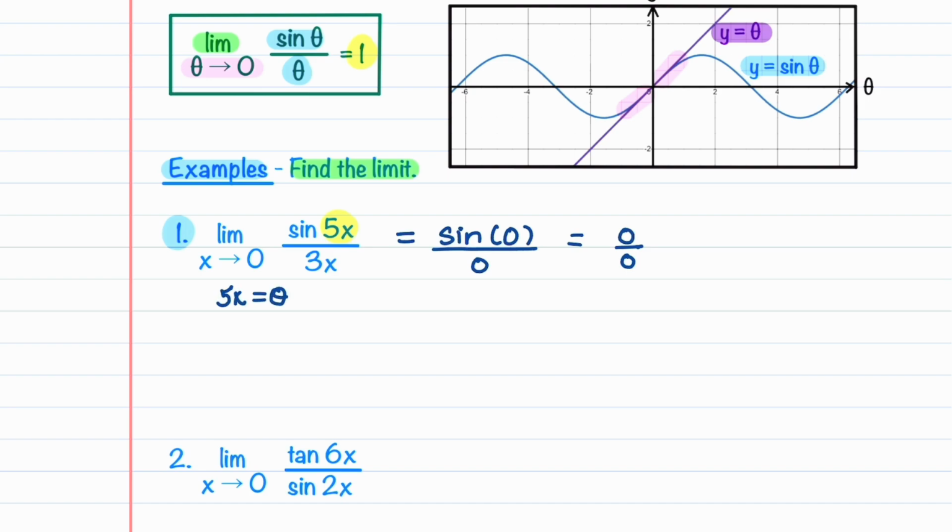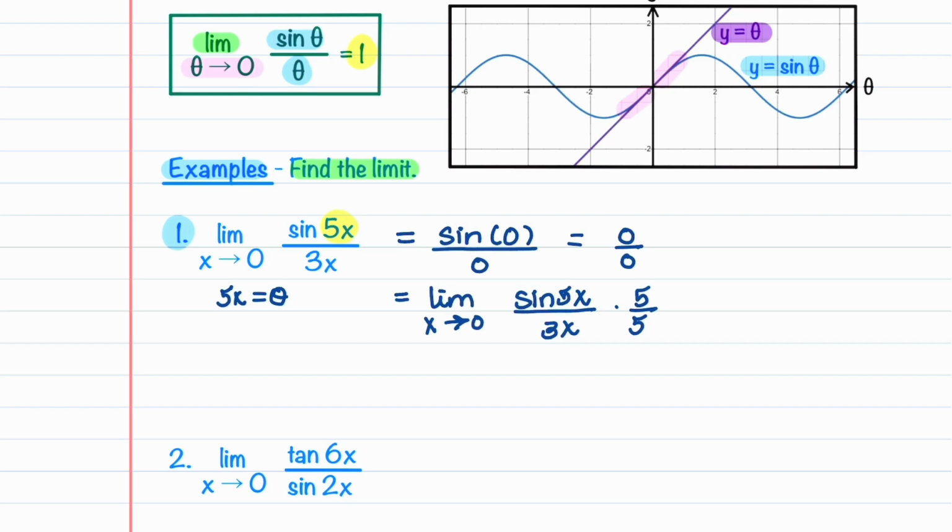So we need to have a 5x in the denominator. So we can say that this is the limit as x goes to 0 of sine 5x all divided by 3x, and we're going to multiply by 5 over 5